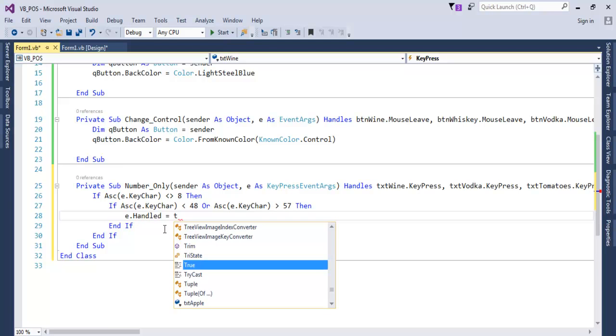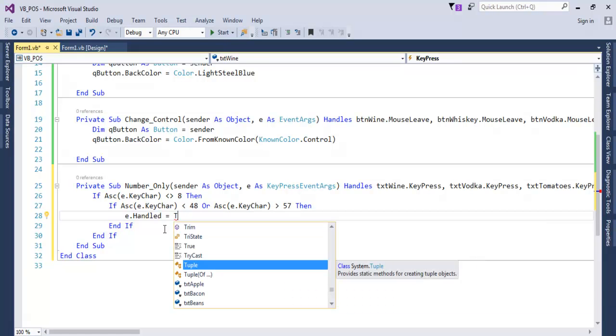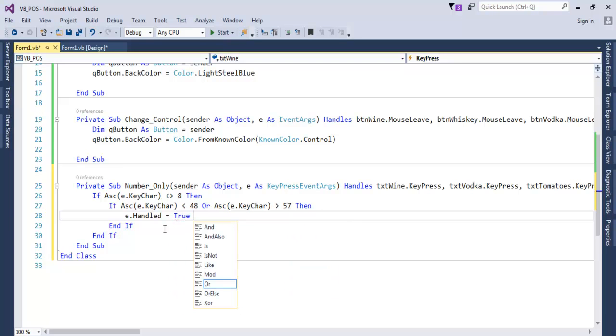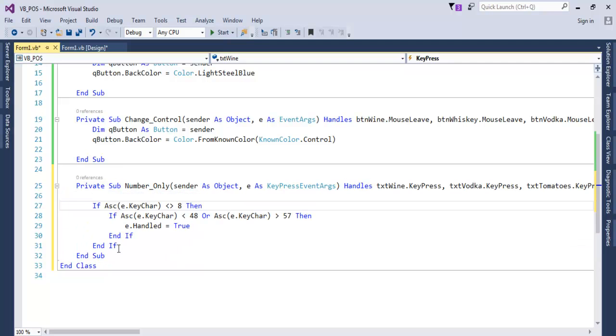So let's make that true. There. So with these lines of code here, we should be able to prevent the user from entering